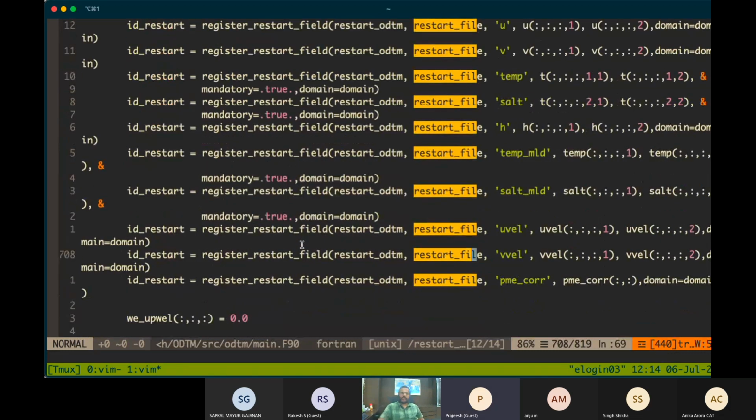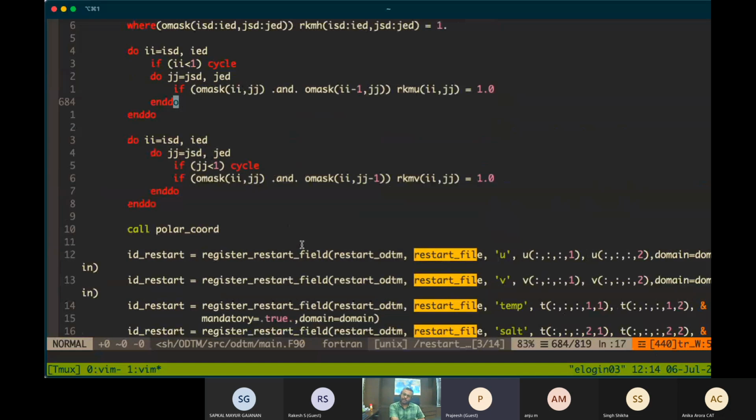and then a field name. Next is a field name and the variables. You can see here we are saving 2 time steps. Okay. Due to the numerical computation techniques we are using, we have to save 2 time steps here, the current and the previous time step. So we are saving both of that, and we are giving the domain information here.